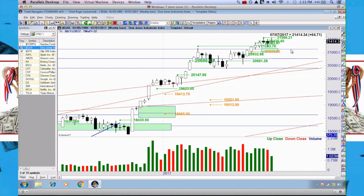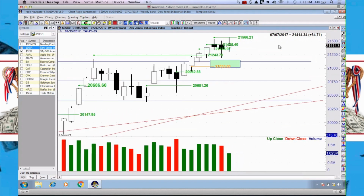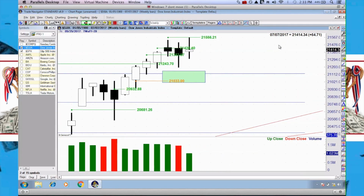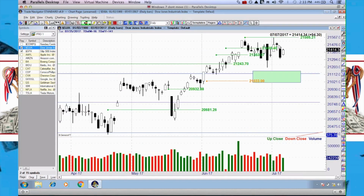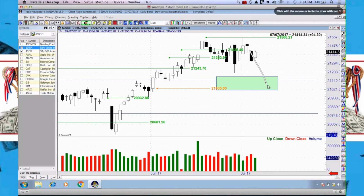If I change to the weekly chart, you can see in the top right hand corner of my screen, we closed up 64 points. We were left with, if I can zoom in and show you this, another high wave spinning top type of candlestick. So again, it shows a little bit of indecision around current price levels and what is occurring up and around this recent breakout that we've seen on the industrial average. Now, it has been a rather stagnant type of week. We haven't seen a continuation to the upside, nor have we seen any material breakdown or pullback down to our